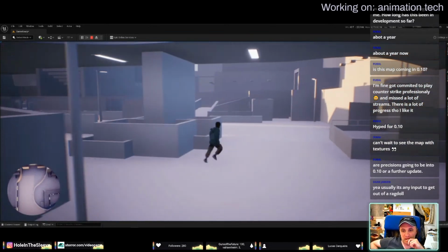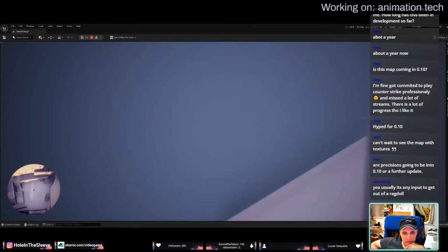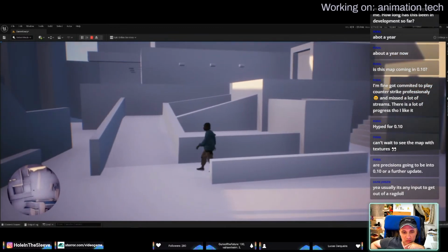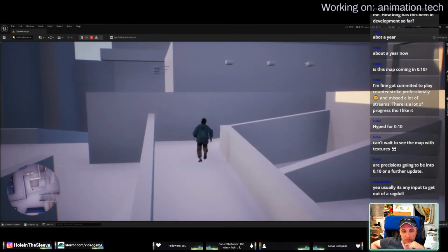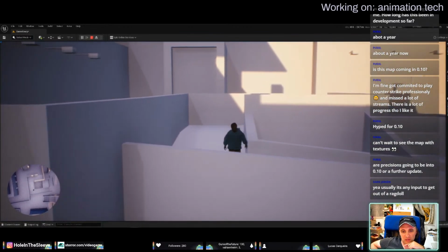Is there a slope there, or is it straight? The floor there is straight where he lands, right? Oh yeah, he's landing on flat floor.